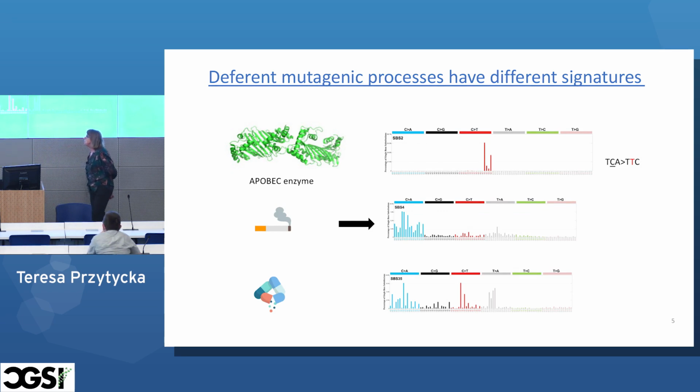Very important in cancer genomics is the APOBEC signature. APOBEC is actually a family of enzymes, but some of those enzymes are known to mutate single-stranded DNA. And then you see, again, the red mutation from C to T, but the pattern of the mutation is quite different and the distribution is quite different. Again, some other examples: below you have mutations associated with cigarette smoking, C to A mutation, and some examples of